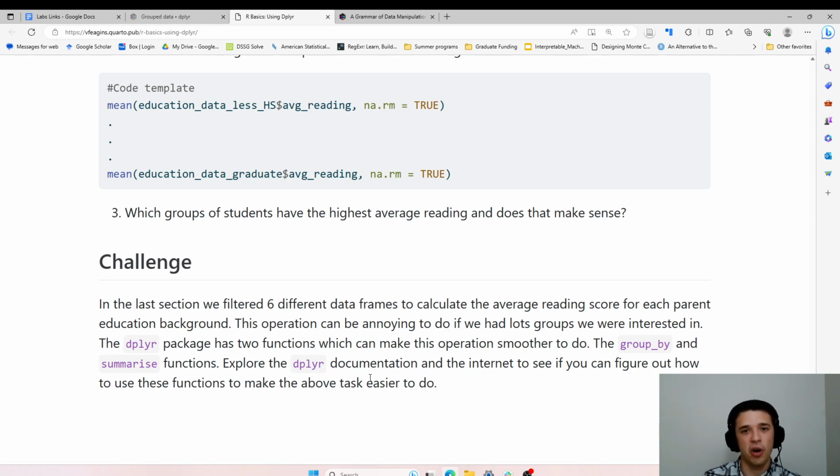And that's what ultimately will give you the success when using R, is that ability to grow and learn new things after you learn the foundations, but now you want to learn new things. So that's what this challenge section is trying to get to, for you to explore on your own the group by and summarize functions to see if you can use them to find the means for each parent education,